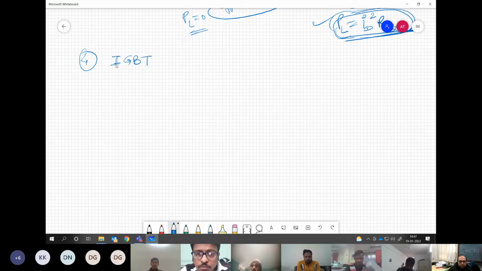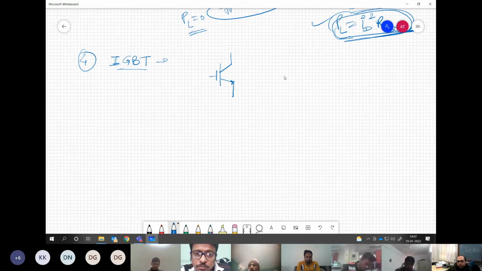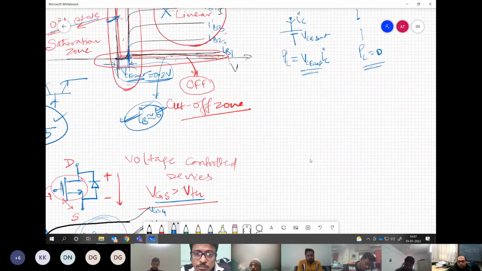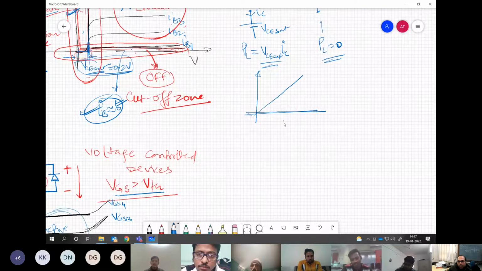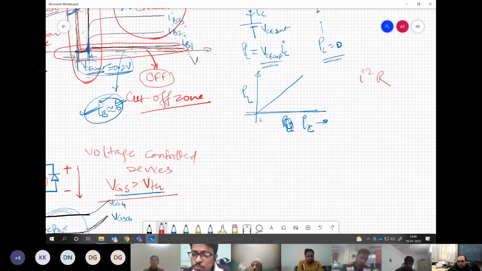The insulated gate bipolar transistor is basically a combination of BJT and MOSFET. If you notice, in a BJT the power loss is linearly proportional to the current. So your power loss will rise like this with current; say this is PL, this is your current IC flowing. For the MOSFET it is I squared R, which means initially it will be low, but after a certain current value, it may surpass the power loss